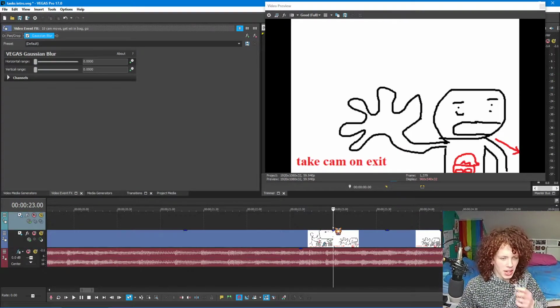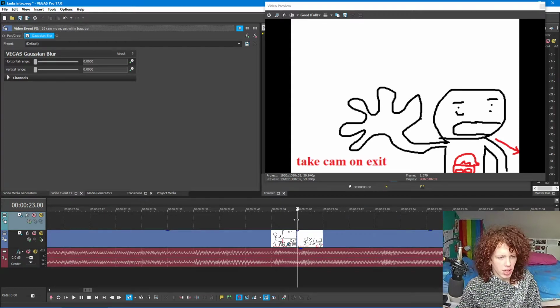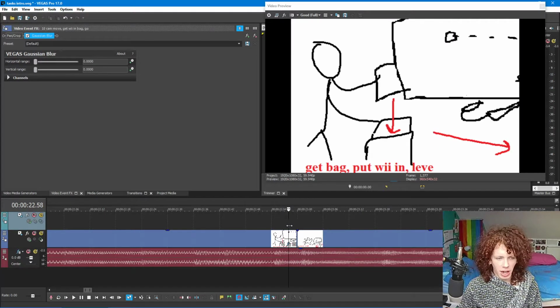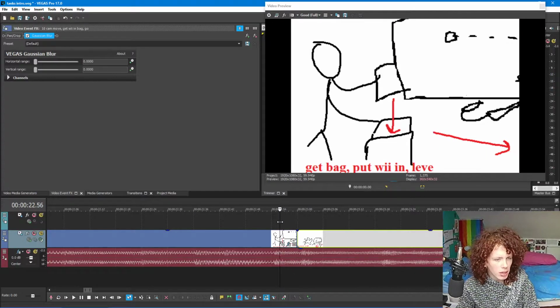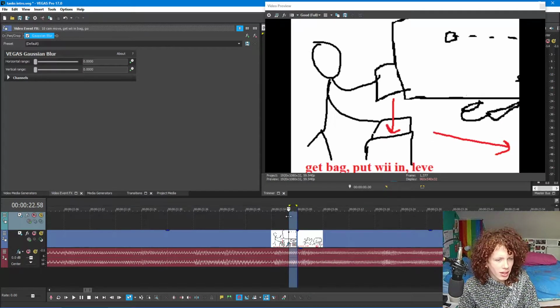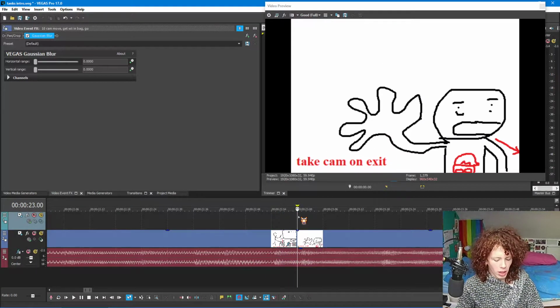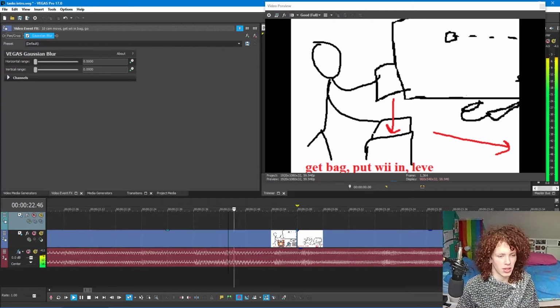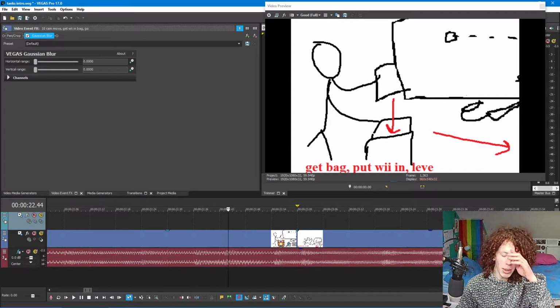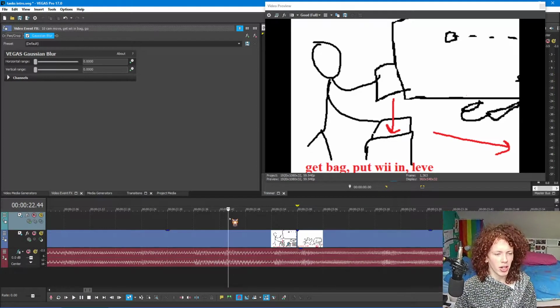All right, next, go to where it cuts between the two clips, like this little point here, and go back maybe a quarter of a second or a half a second. So that would be like, hang on. Oh, I don't know. 1, 2, 3, 4, 5, 6, 7, 8, 9, 10, 11, 12, 13, 14, 15. I have it at 60 FPS, so 15 frames is about a quarter of a second. So like, yeah, cool. Good amount of time to give it, maybe give it a little extra time,